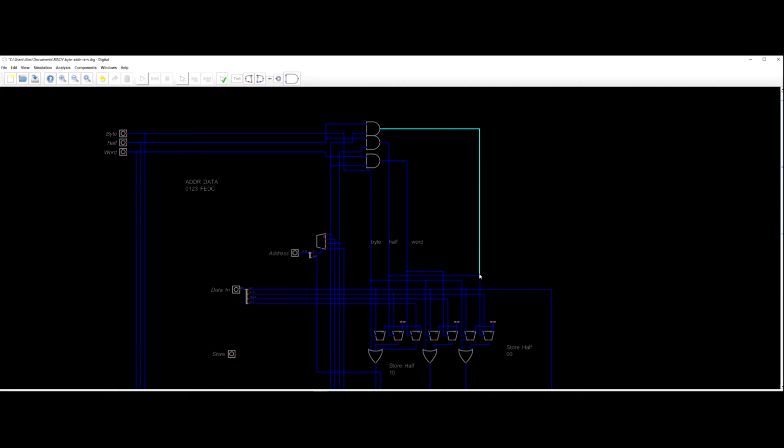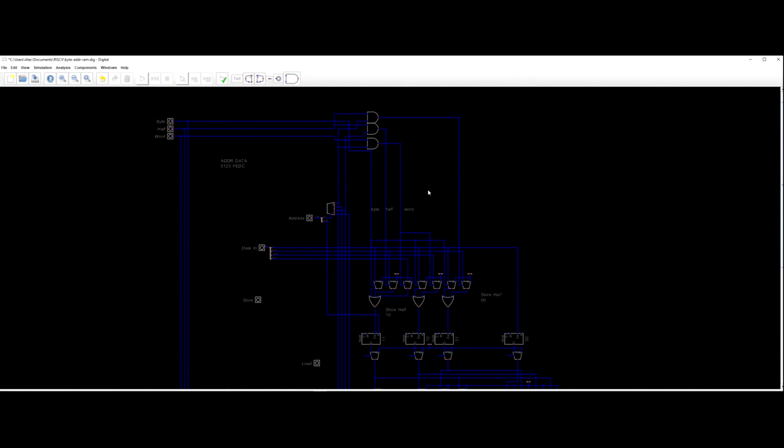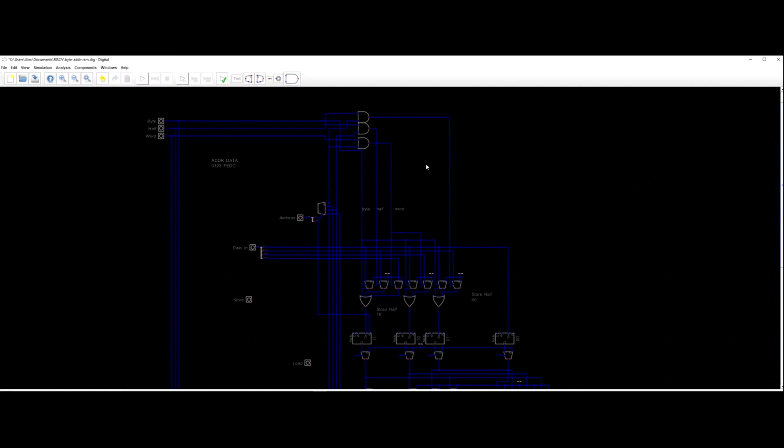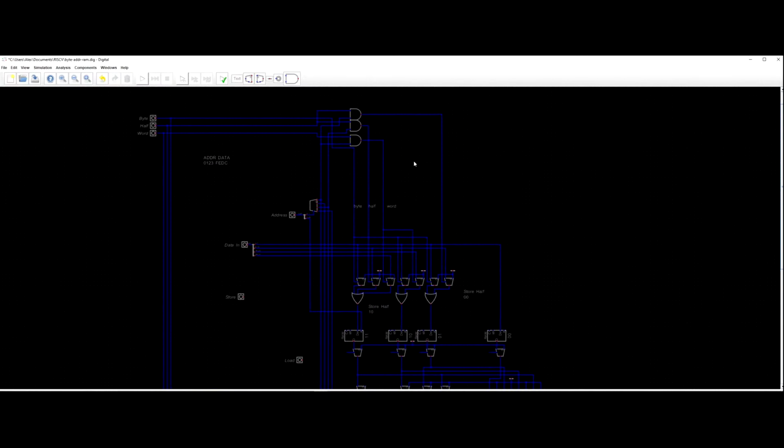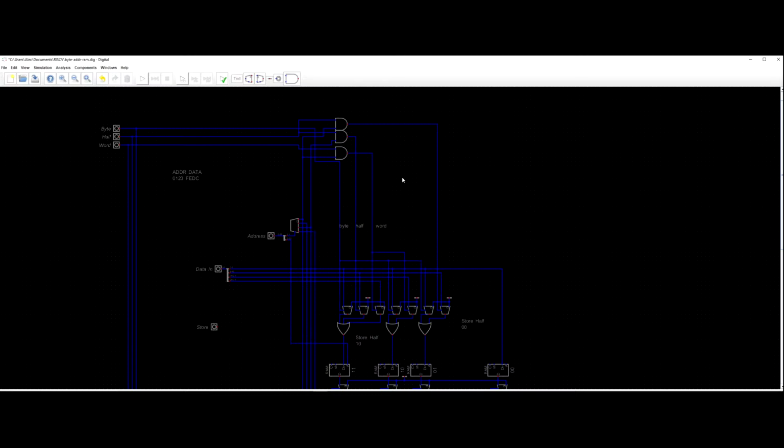And now the half, boom, like that, and we just delete that stupid bus, but it makes us have to do that, but whatever. Okay. So now the store half will do that. The byte